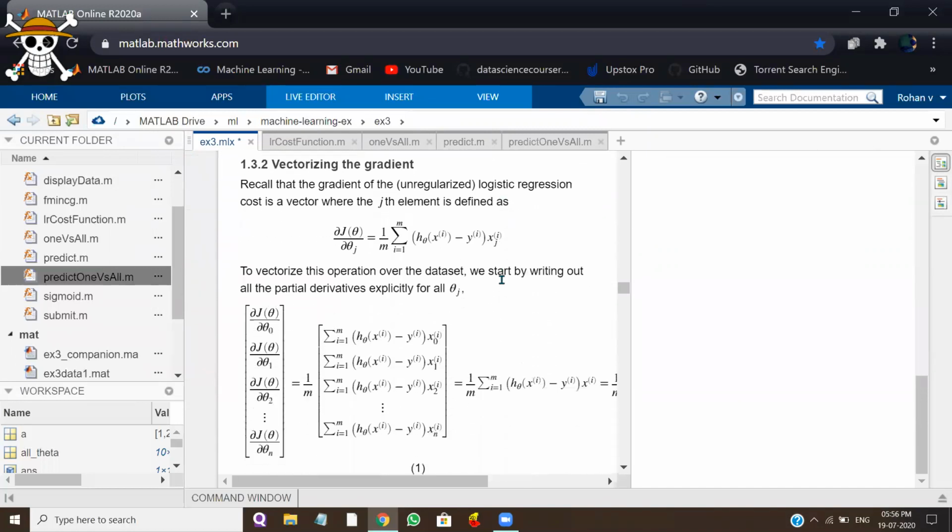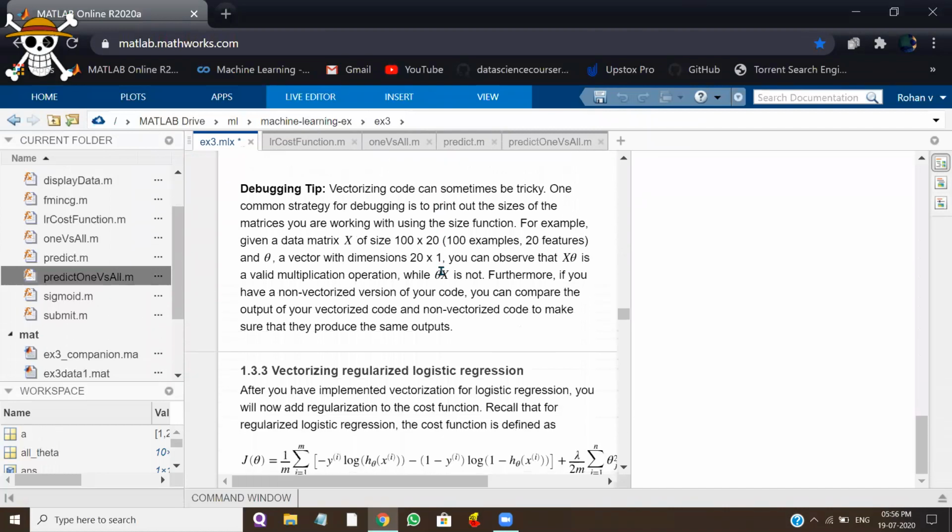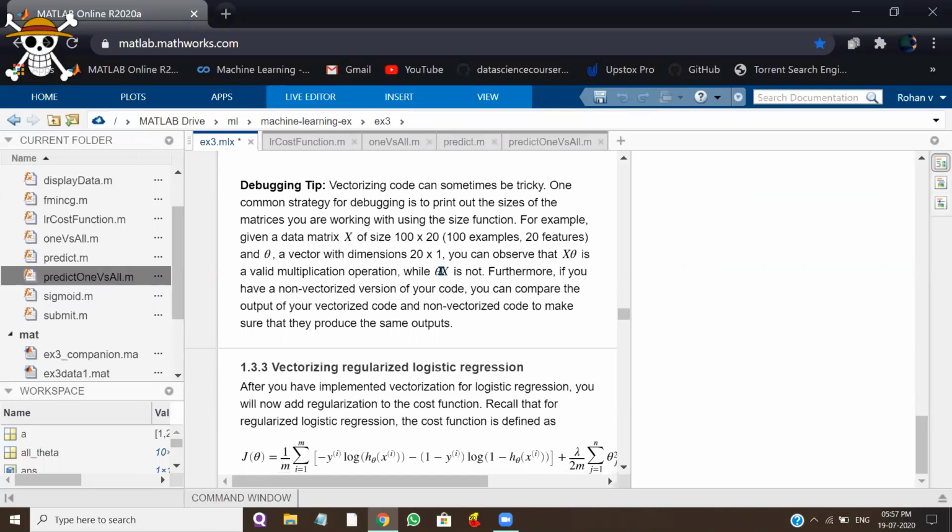This is where we write the first code. Okay. It's very simple. The only difference between the previous exercise and this exercise is that we are dealing with multiple classes. Multi-class means we now need to differentiate between many classes, like identifying whether the number is 0, 1, 2, 3, 4, up to 9. But earlier we just had two options: you either identify it as yes or no. That's the only difference. So we'll be using a vector.